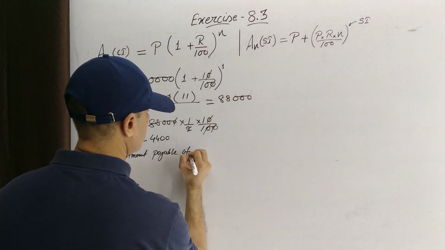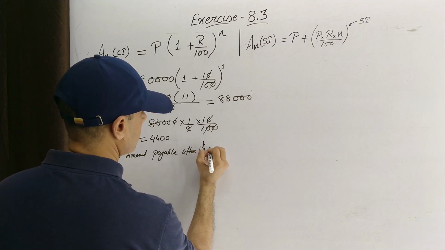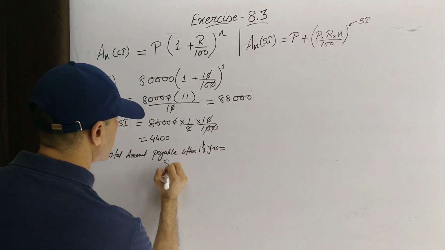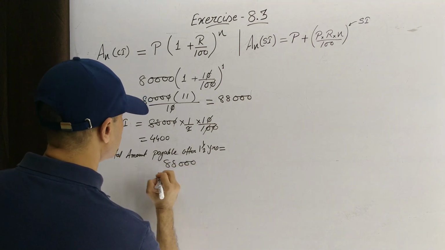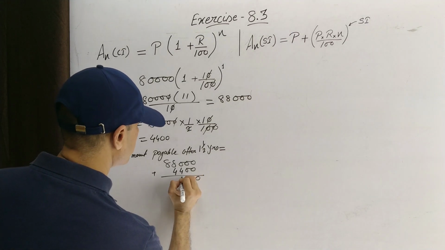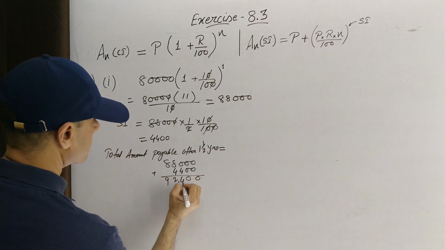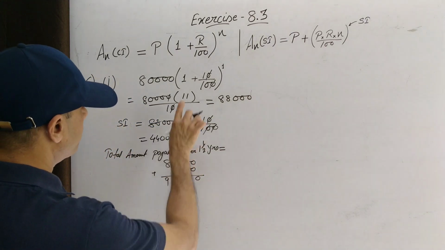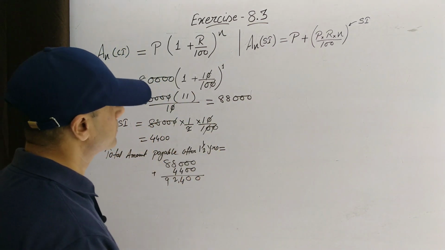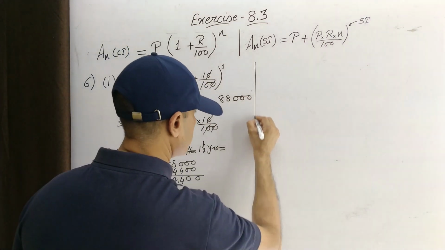Now, total amount payable after 1.5 years will be equal to 88,000 plus 4,400. This will be equal to 92,400. This is in first scenario when the interest is compounded annually. Now in second case,